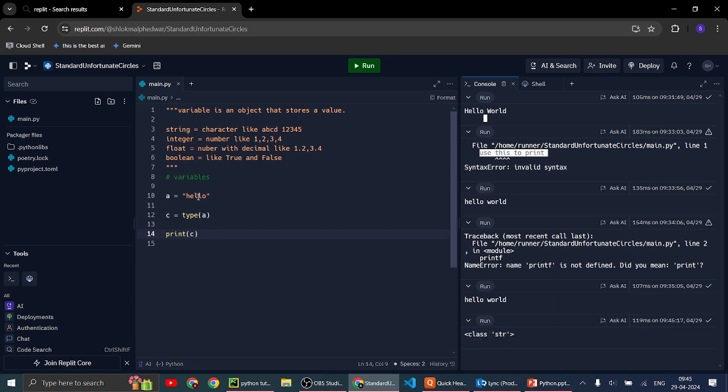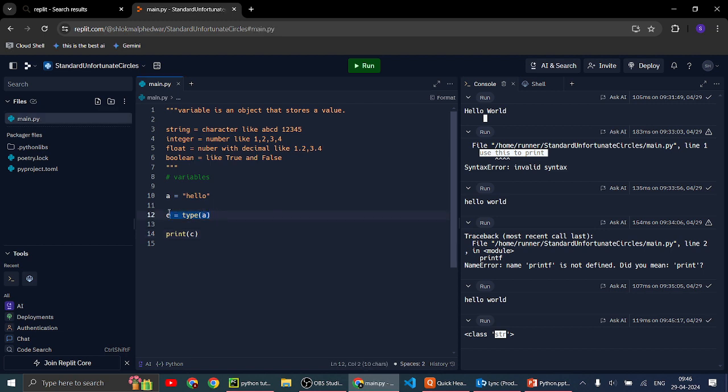Meaning A is hello world, which is a string, and it has gone to type, which has seen the type and passed the value to C, and from C it came to the print statement, and we can see the type. It's str, meaning string, meaning A is the string value.